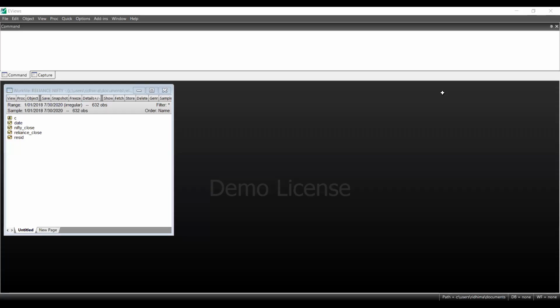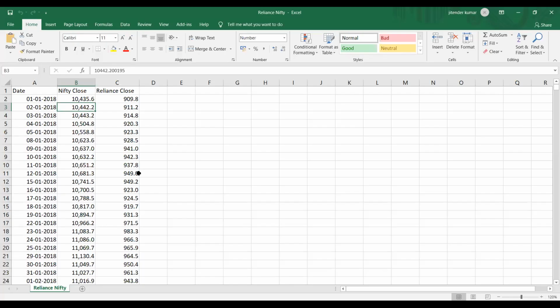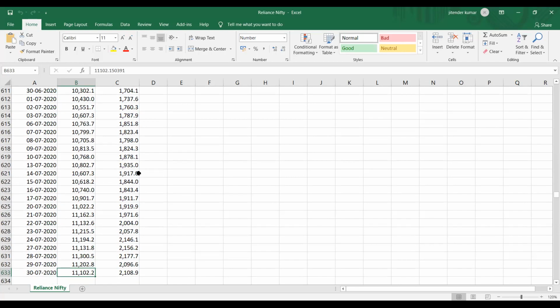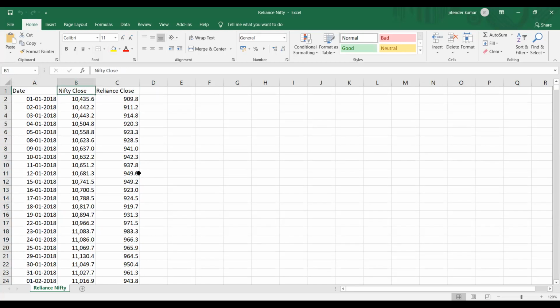So here is the Excel sheet which I have uploaded to the eViews software. You can see the columns are date, Nifty close, and Reliance close. This is the data from 1st January 2018 to 30th July 2020, for both the Nifty and the Reliance stock.